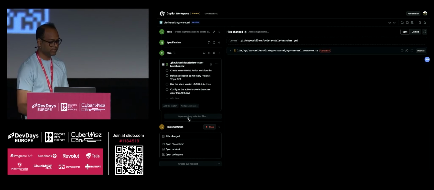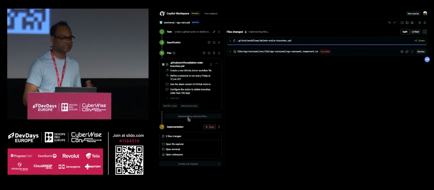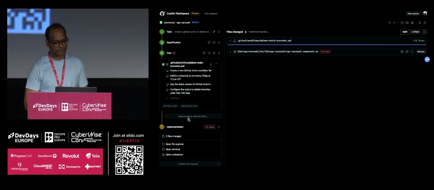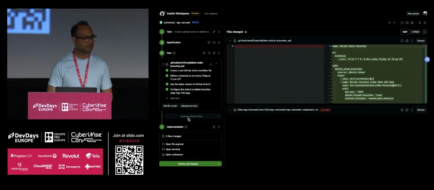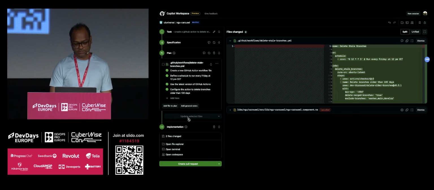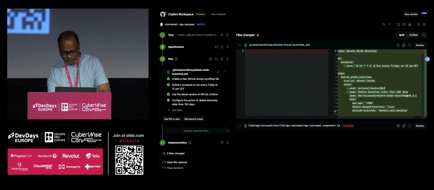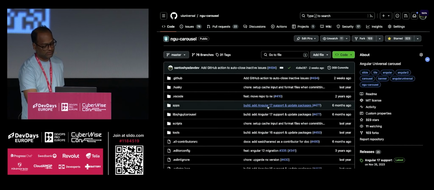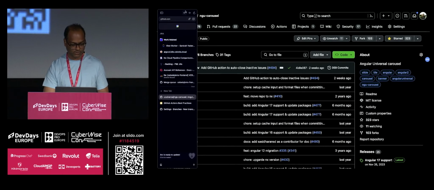Now you'll see it, of course, generates the documentation, but it also writes the entire workflow for me. So really good in case you want to do some quick POC and you want to do some task which is probably critical, but should not be given too much time. So you can see it here. It says there is a custom action. Even it can read the internet. Okay, what I did. Let me go back.